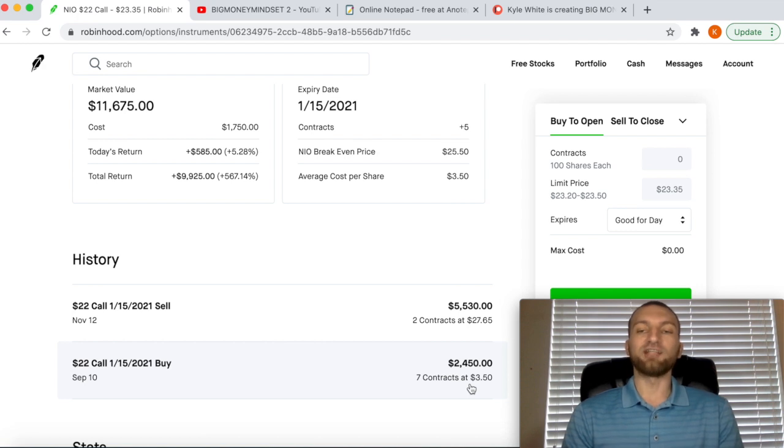So all you have to do is times that contract by 100. So you're purchasing for $3.50 per share because it's a premium value, because you can potentially lose if your contract does not go in your favor. So you just times that by 100. So that's going to give you $350 per option contract. So I did purchase 7 contracts, bringing me to a total value of